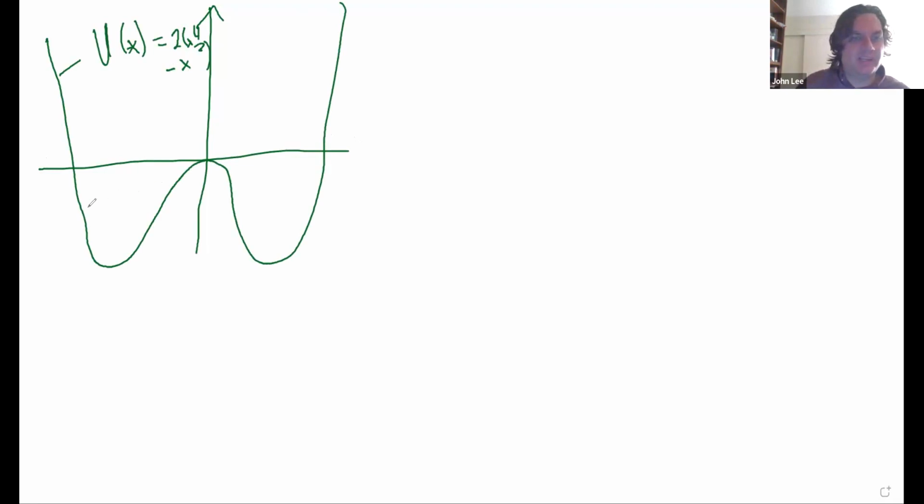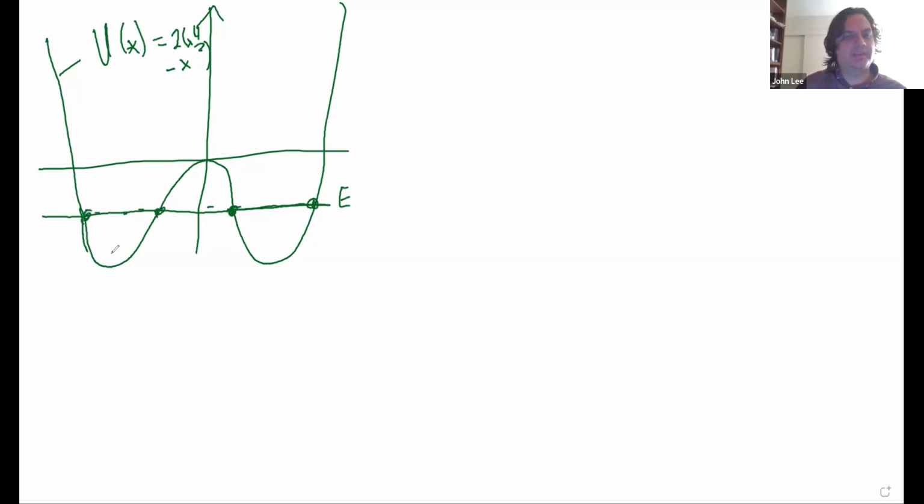So if this is the case, then if you have an E that's lower than an equilibrium point, even though there are 4 points where it's possible to turn around, if we look at this graph,